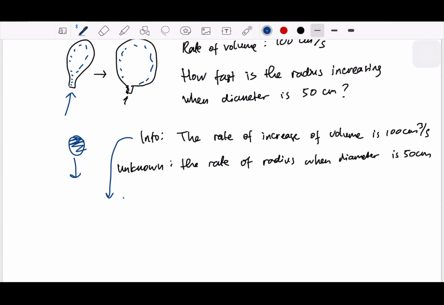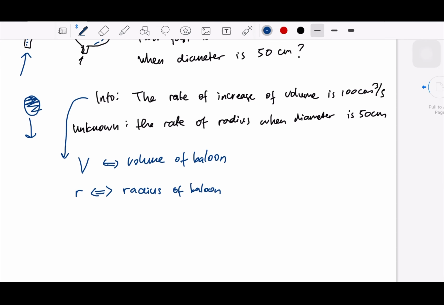Maybe we define the volume as V. This will be the volume of the balloon, and maybe the radius is R, the radius of the balloon. They all have a rate, okay? They have an interval of time, right? So we will have the rate